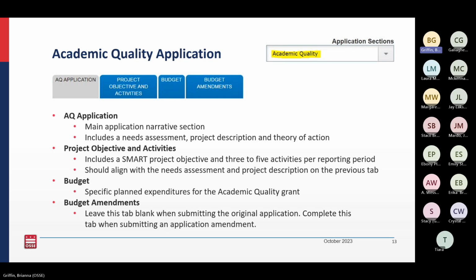And finally, there's a budget amendments tab, which you'll want to leave blank when submitting the original application, but you will complete that when submitting an application amendment in the future if you choose to do that. That tab replaces our previous requirement of uploading a letter of rationale to explain your budget amendment. Instead, you'll enter that rationale information on the budget amendments tab.